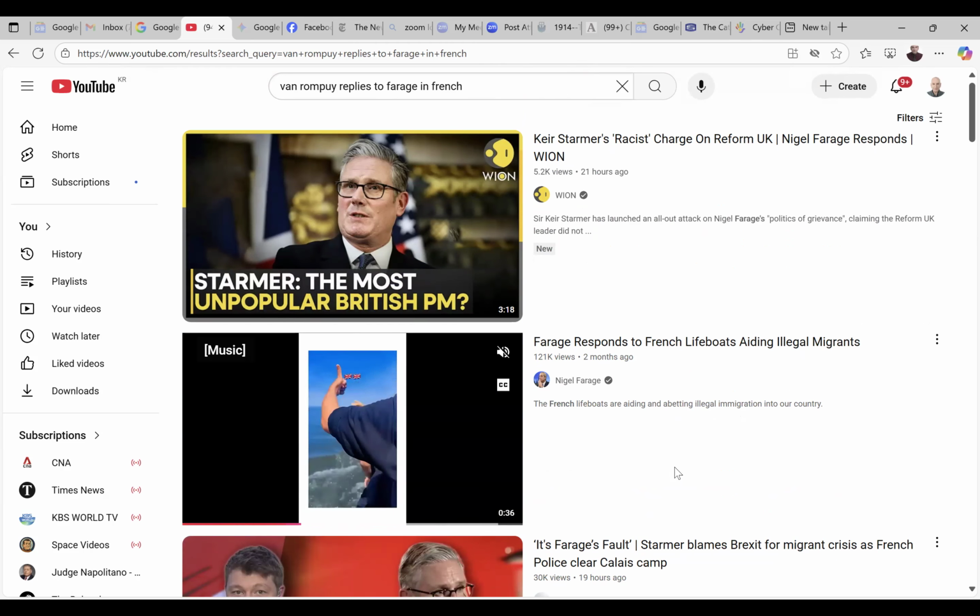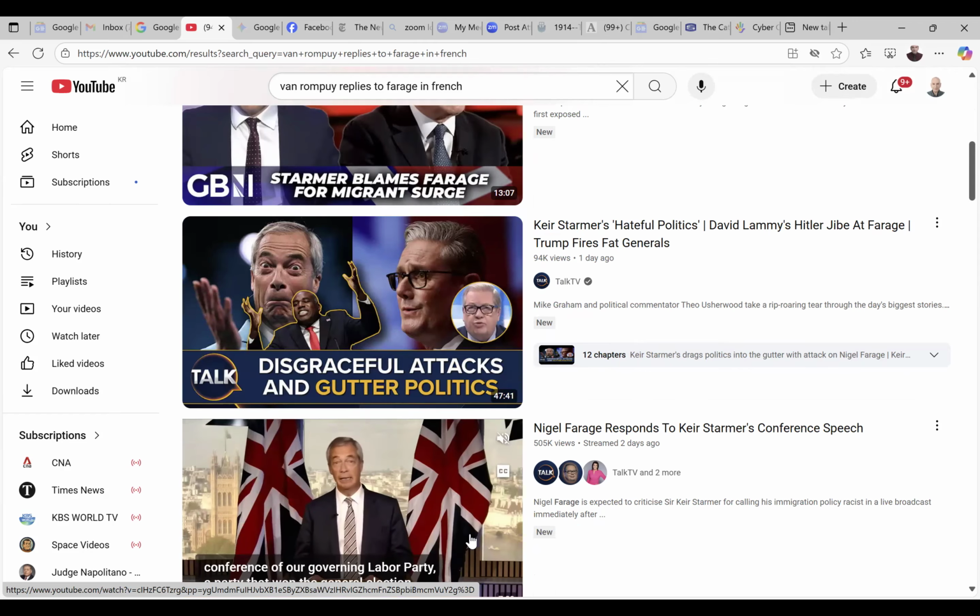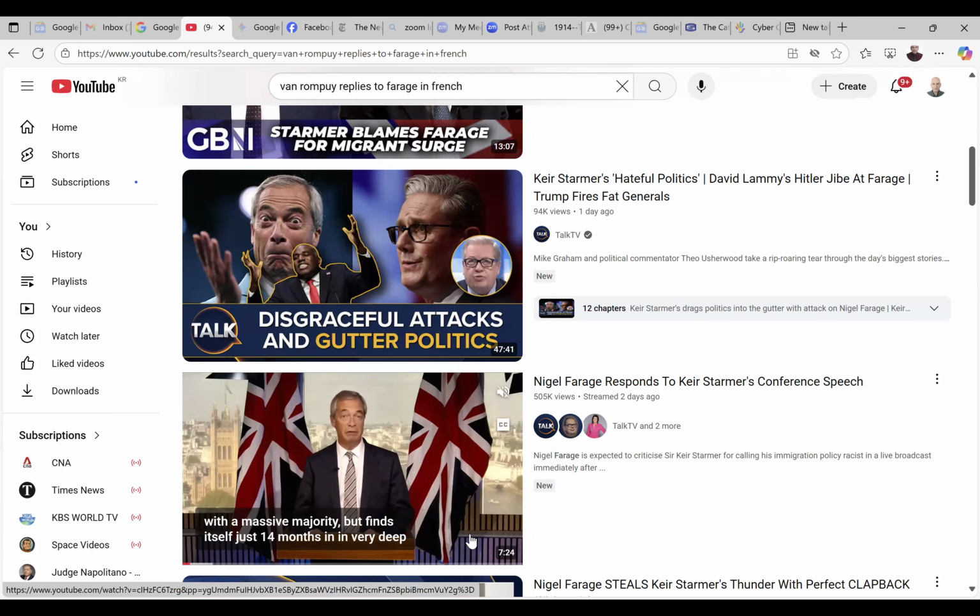And just to show you, of course, now Nigel Farage, by the way, is now according to public opinion polls, number one in Britain. If their election was held today in Britain, his party, which is now called the Reform Party, it's no longer called the Brexit Party, would win, and he might become Prime Minister of the United Kingdom. Now, of course, the British government doesn't have to have an election for a few years, not until 2029. But according to public opinion polls in Britain, Nigel Farage is the most popular politician in Britain.